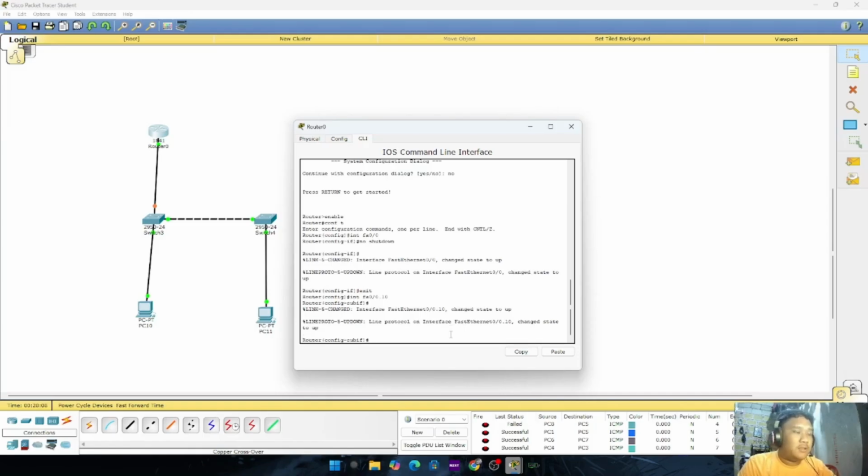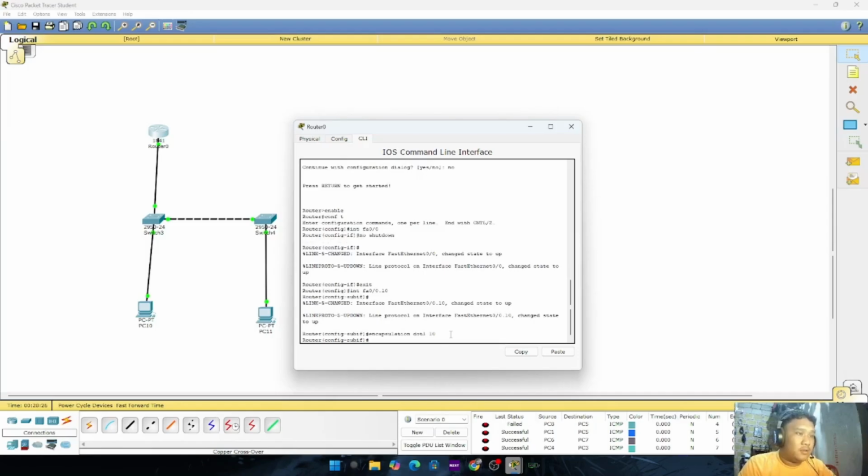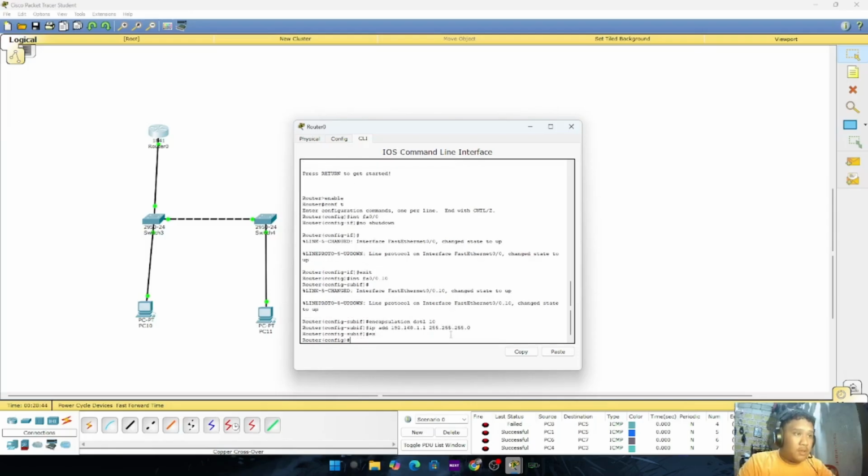After that, we declare the encapsulation dot1Q, then specify VLAN 10. IP address 192.168.1.1, subnet mask 255.255.255.0, exit.